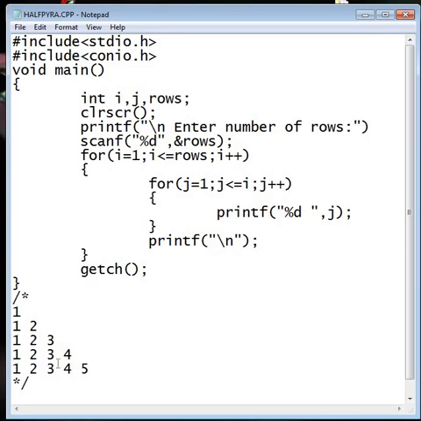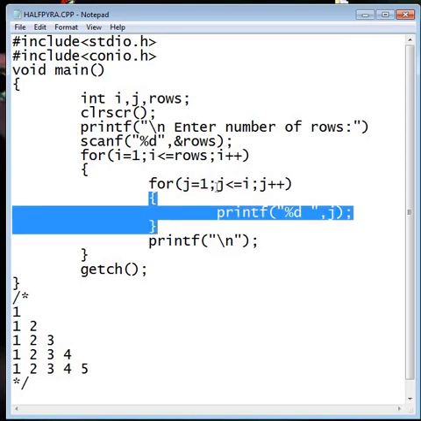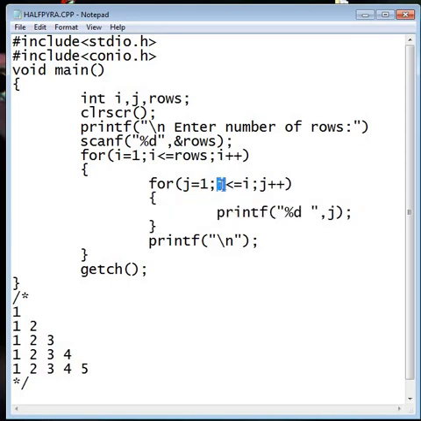So now you can understand that the value of j is initialized by 1, and initially the value of i was also 1. So for the first time only 1 was printed. After that, when the value of i is increased by 1, then the value of j is initialized by 1 again, and the loop will continue for 2 times, that is for j equal to 1 and j equal to 2.